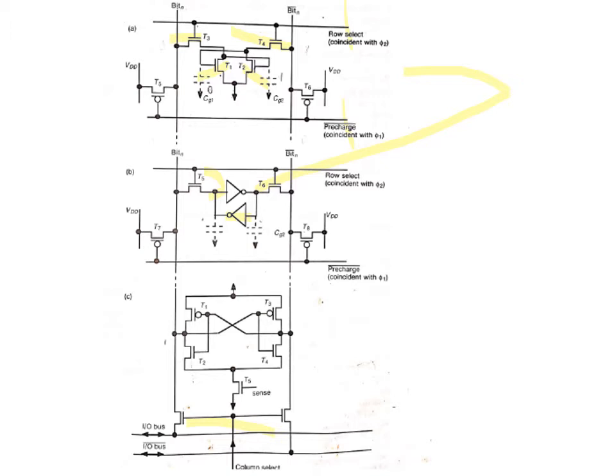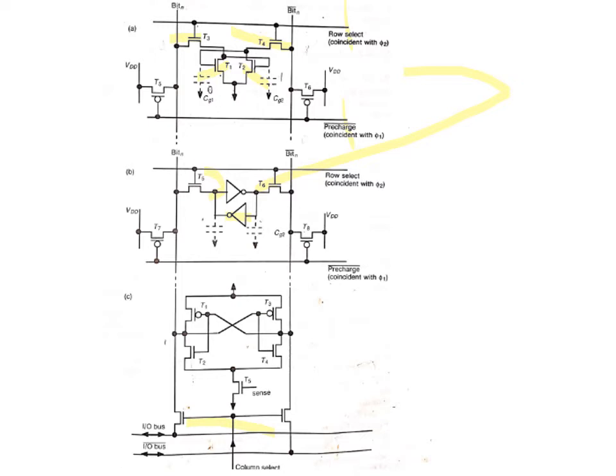So the cells which we are going to discuss now utilize both N-type and P-type transistors, and thus they are intended for CMOS systems only. Here you can find the first diagram, figure A, a 4 transistor dynamic memory cell, the second, figure B, a 6 transistor static CMOS memory cell, and figure C, the sense amplifier. We'll be discussing each in detail. Let us see the function of the sense amplifier later on.